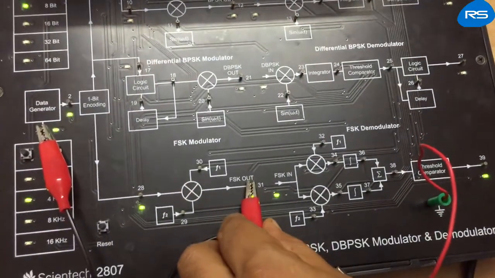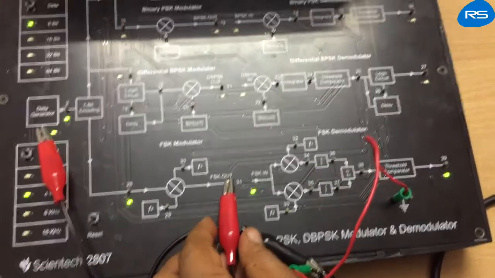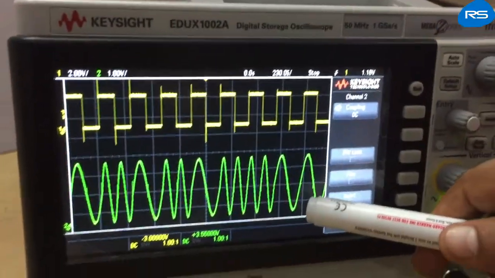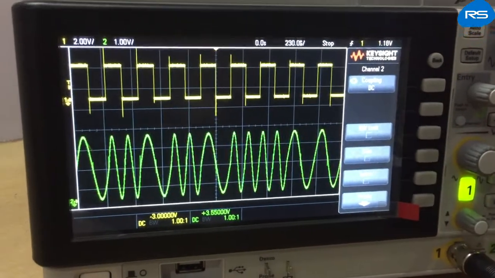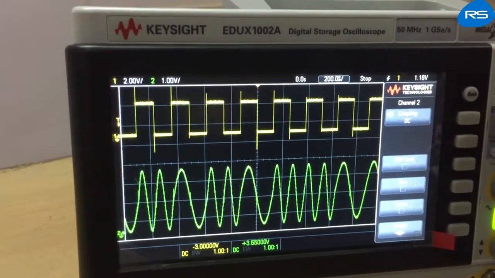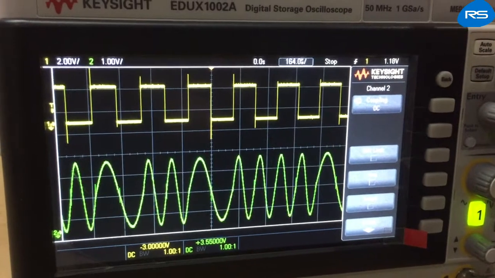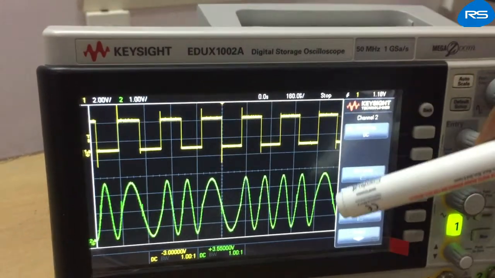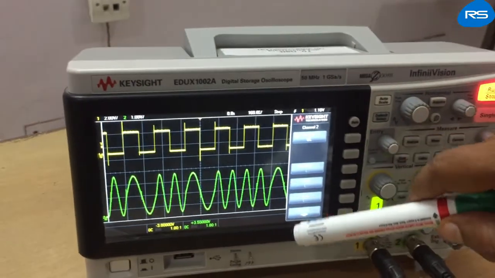Now we can observe the FSK output at point number 31 of the kit, which is shown in this waveform. This is FSK output of the transmitted message signal. You can easily observe that we are getting an FSK modulated wave as per the data sequence.